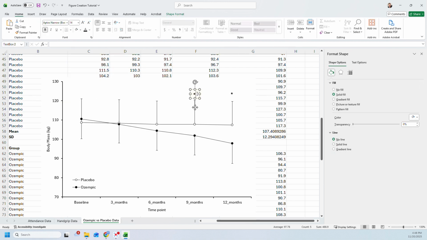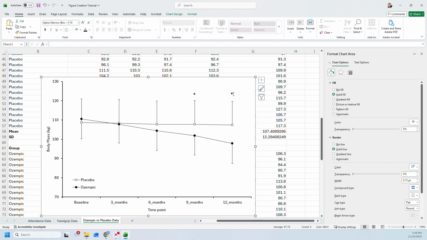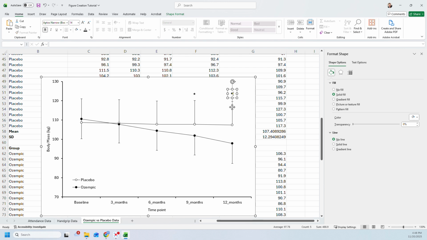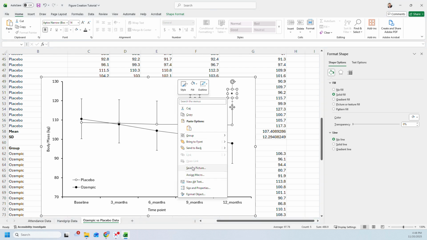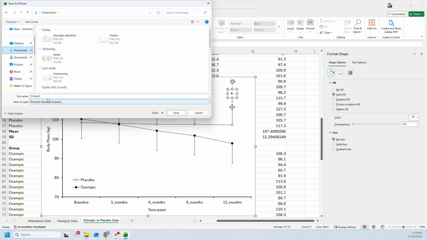So once that's done, all we're going to do now is click on our graph. I'm going to hold the Control key on my keyboard, and I'm going to click the two individual symbols. So I've selected each component that we've created. I'm going to right click, and I'm going to save as picture. Then I'm going to go and save this where I want to. So I'm going to save this in my downloads, and I'm going to call it body mass